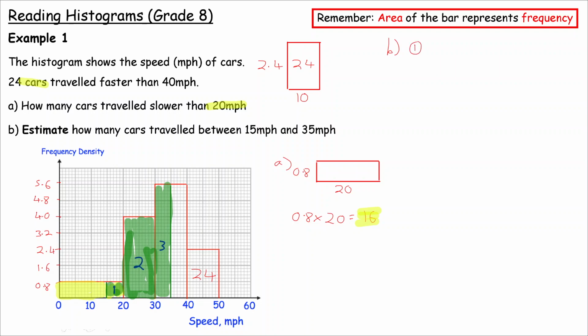so I'll make it really clear, because remember, area is telling you how many people there are, or how many cars there are in this case. It's got a width of 5, and it's got a height of 0.8, and we'll work out the area in a second. Bar 2,